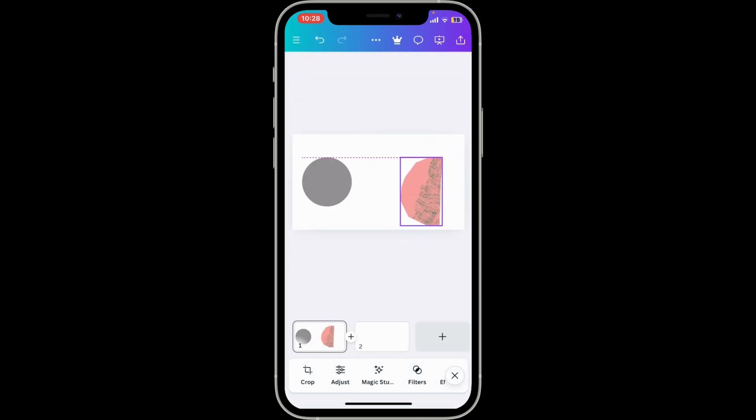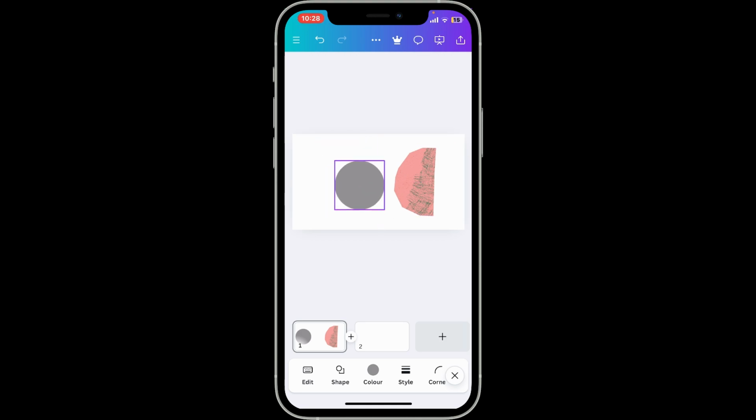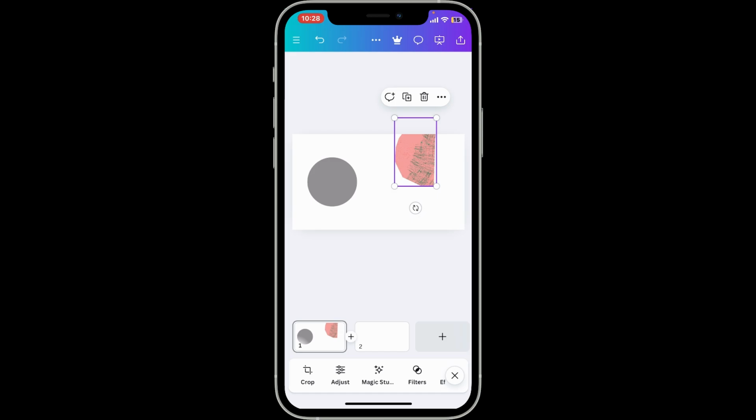Now, as you can see, I can move the element that I've selected since it is not locked. And while making a design, I may accidentally move these elements and they may be out of place, which can be a pretty big hassle later on. So in order to prevent that, you would just want to lock the element so that it cannot be moved